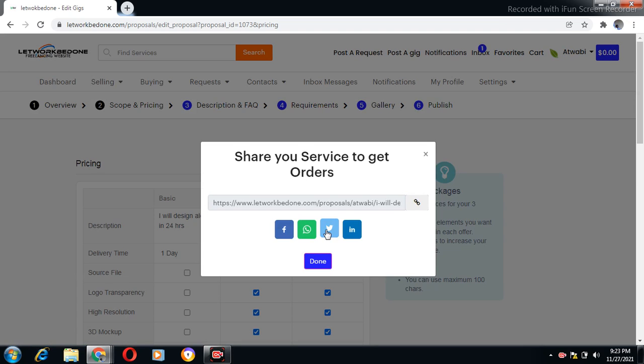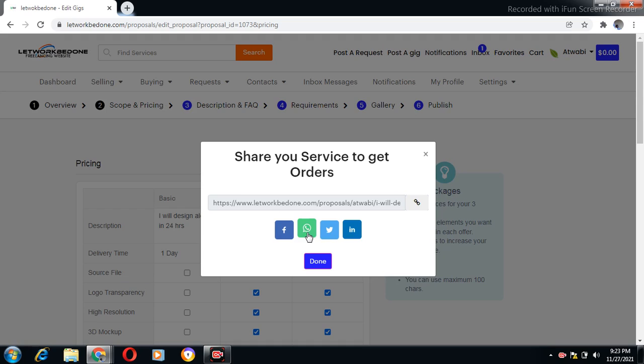So it is going to take you to another window, and that window has a share button. The purpose of this share button is that you are going to share your service on